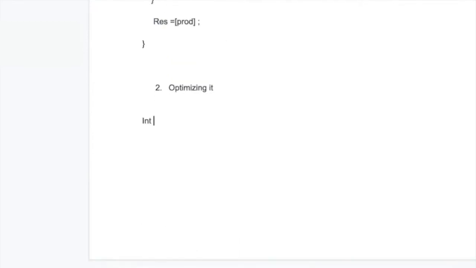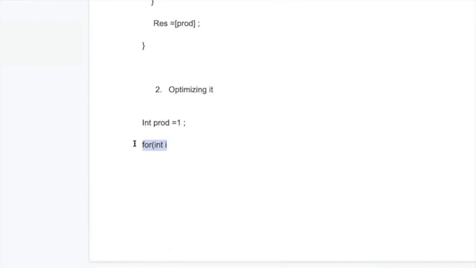So we can do it like this: int prod equals, and I first find the product of all the elements, prod equals prod into array.